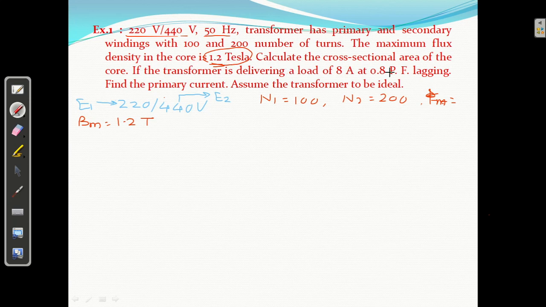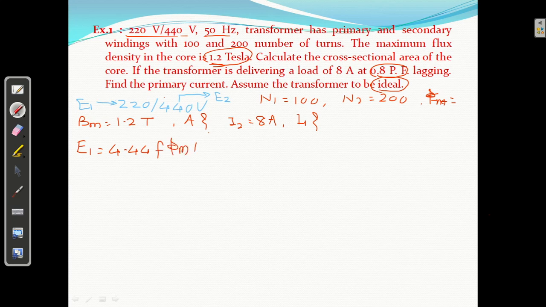Calculate the cross-sectional area of the core. If the transformer is delivering a load, I2 is given as 8 ampere at 0.8 power factor lagging, find the primary current I1. Assume the transformer to be ideal. Okay, ideal transformer is given, so we know E1 equals 4.44 f